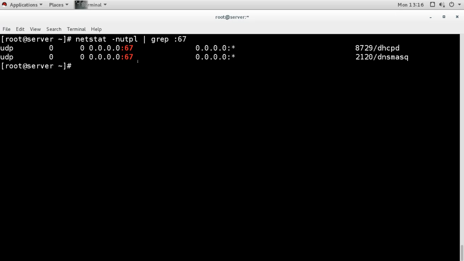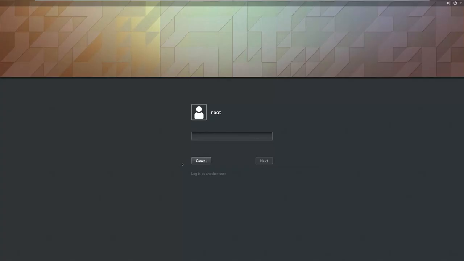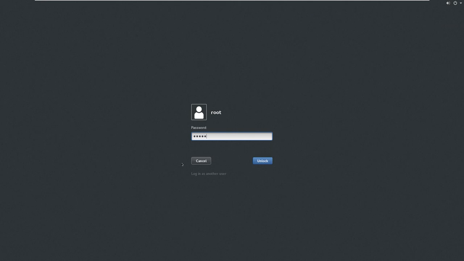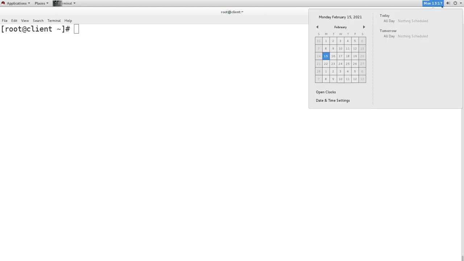So now we can go to the client machine and we can set the client on DHCP, and the client will get the IP address from here. So let's see that. So this is our client machine. Now we can set it on DHCP by using the graphical option we have.